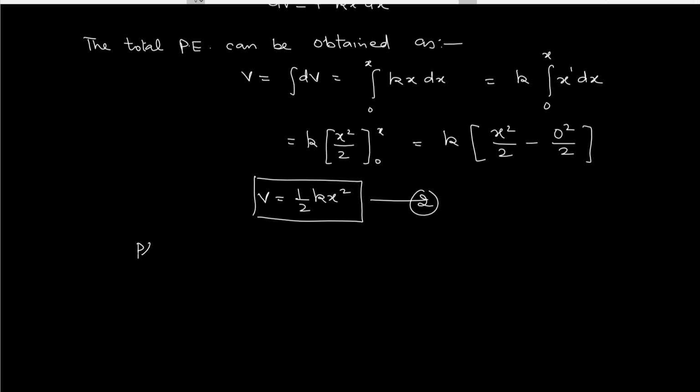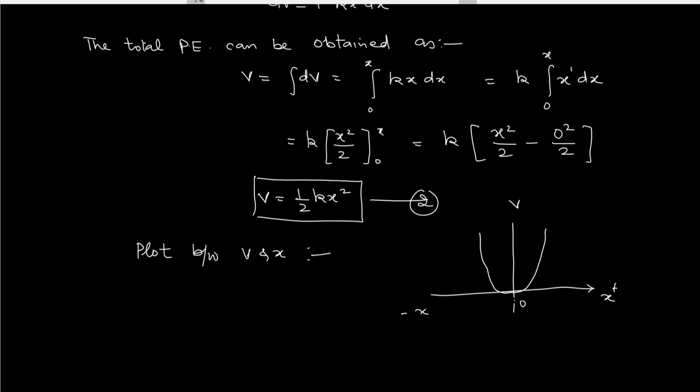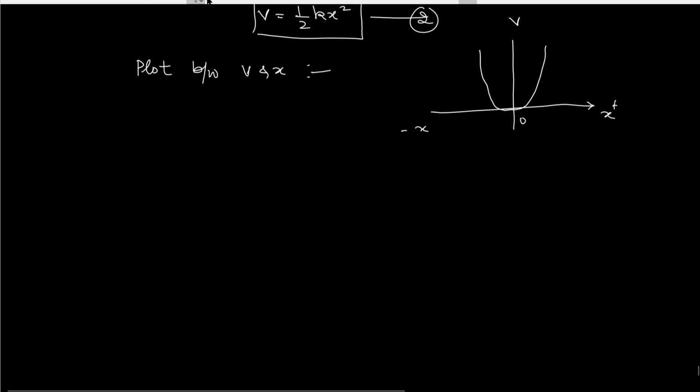So the plot between V and x is as follows. If we plot, this is V, this is positive x, this is negative x. The plot is like this. This is parabolic in nature. Positive x stands for the right extreme and the negative x-axis for the left extreme. So if we are to solve this problem both classically and quantum mechanically, firstly we deal with the conditions of the harmonic oscillator from the classical point of view.